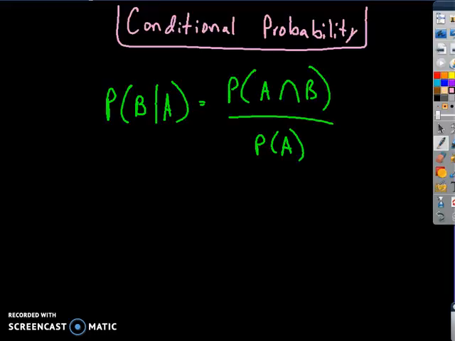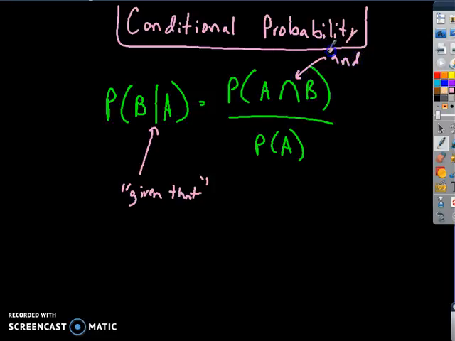So this video is about conditional probability. And the first thing to know is the conditional probability formula is this. It basically says probability of B given that A has occurred. So this bar there means "given that" A has occurred. So the formula for it is probability of A, and this symbol here means "and,"